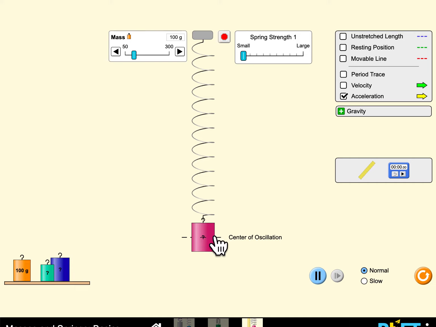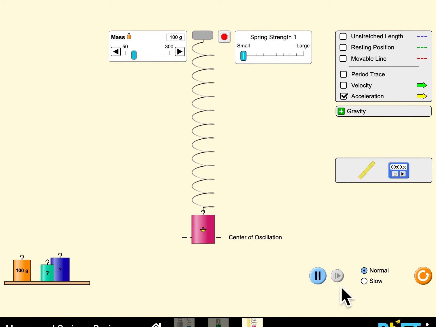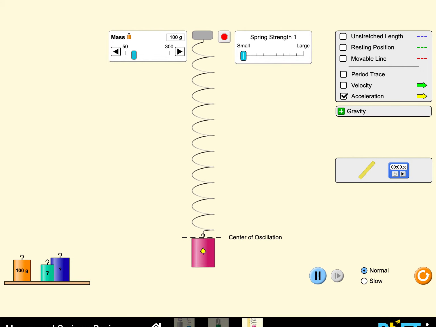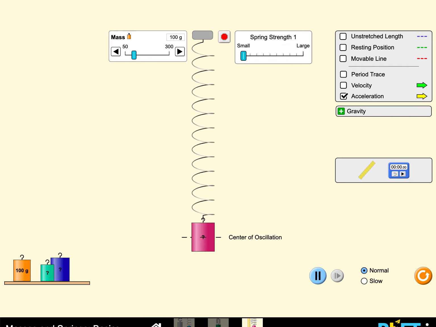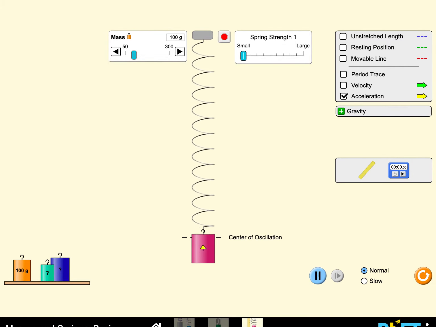If I was to stretch this out a little bit and let it go, I'll see what happens. That spring is going to oscillate back and forth about that equilibrium position. And you can see the yellow arrow is the acceleration. Right, so when I have, let's say, negative displacement,